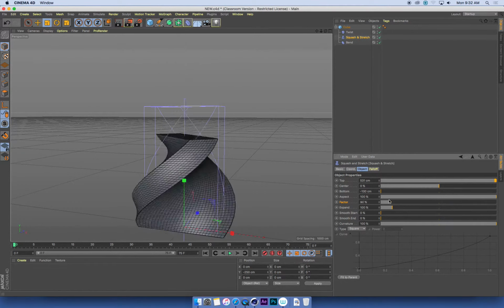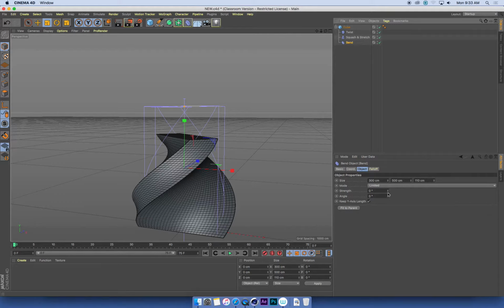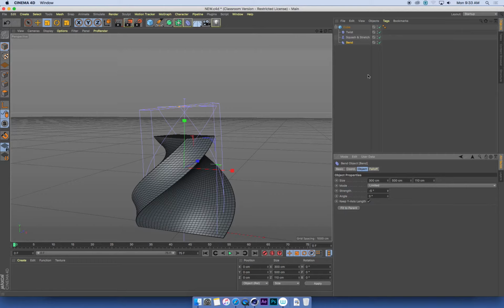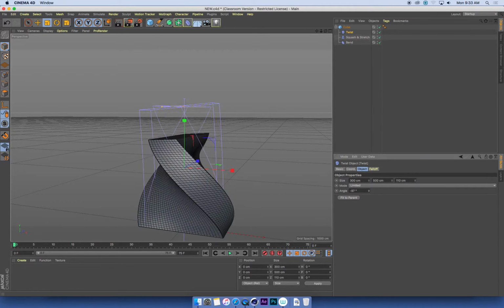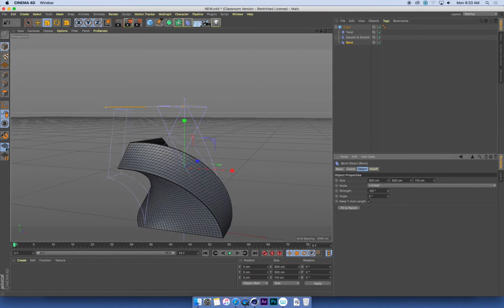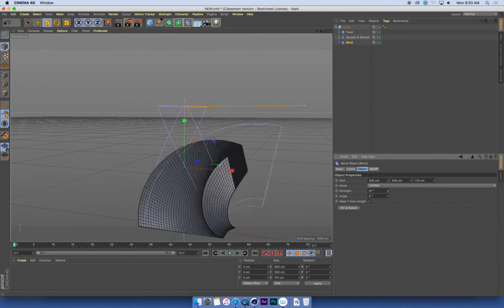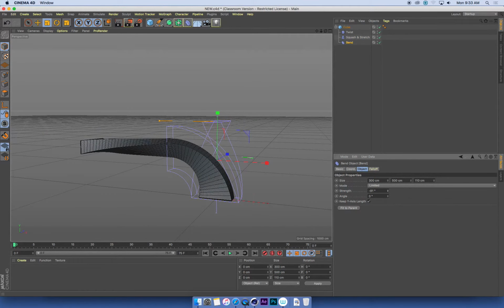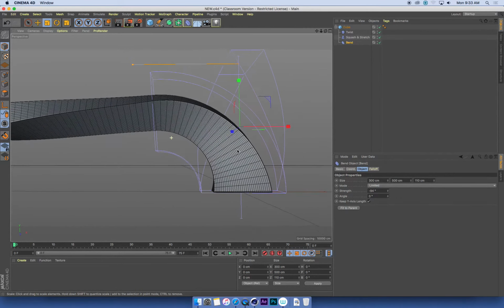And then after that, I've got a bend deformer that's bending it backwards and forwards. So I think that looks okay. Twist it back the other way. And if we stretch this out a bit, ooh, that looks okay. Now one problem here is that when I bend with my bend deformer, we can see this